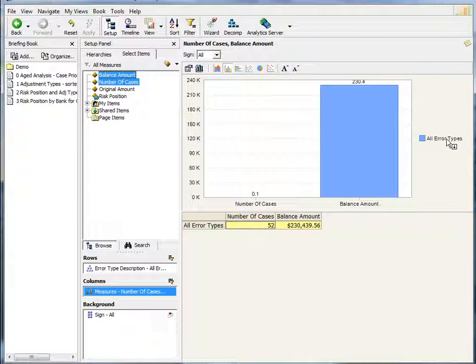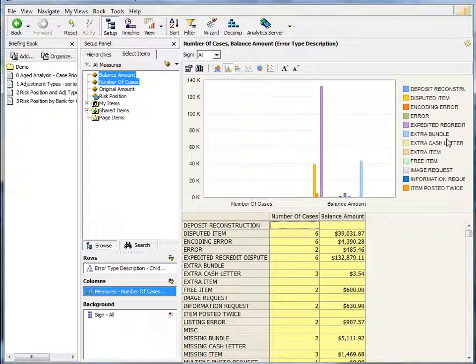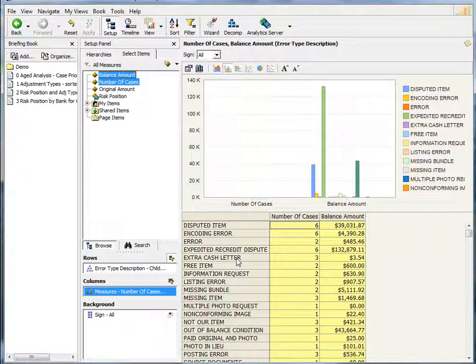Now I want to see detail about the error types, so as we did before, I'm just going to click on the error types and that'll break that down for me. What you'll see is that on this particular day, there are some types of error that we don't currently have any open cases for, and that's quite normal. What I can do though, if I don't want to see the rows where I have no values or no open cases, I can just click that little filter button and you'll see that's now taking them out of our